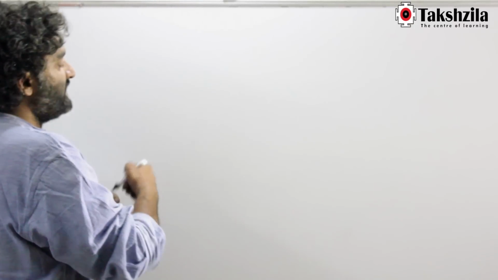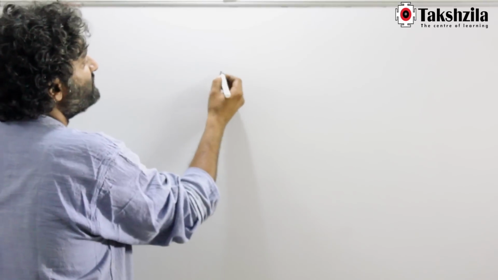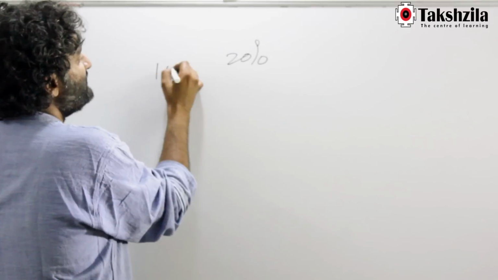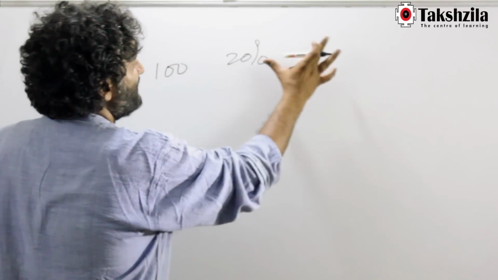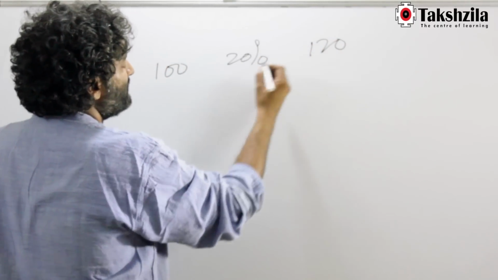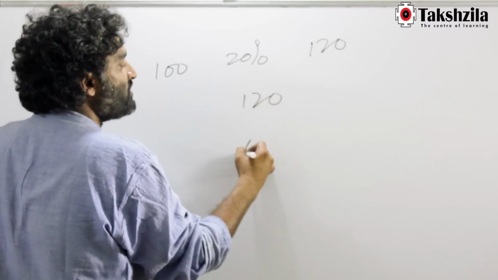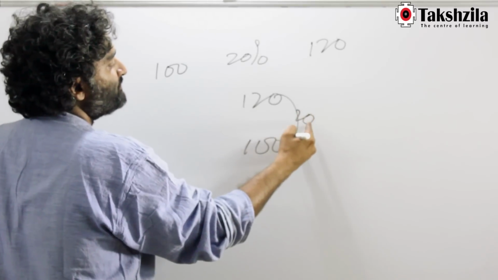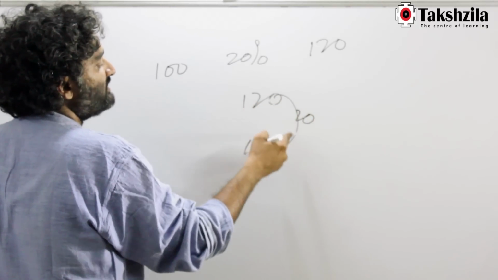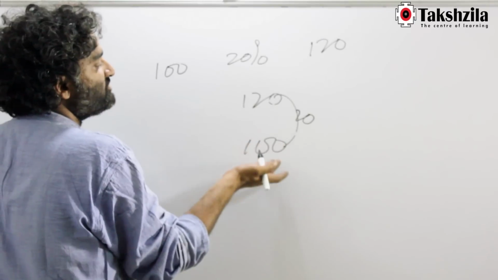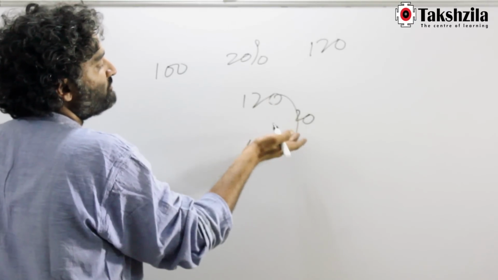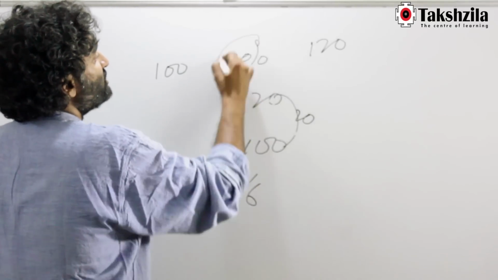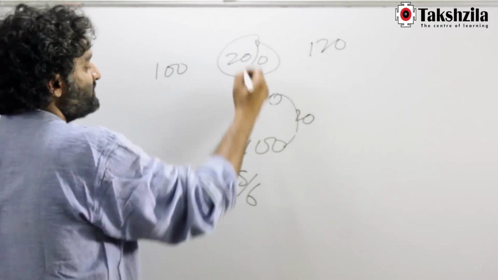Just more data to work with. Let's say in the summers the scale expands by 20%. So basically the scale which is 100 now has become 120, but remember it is 120 but it will show 100 only, right? So there is a discount being offered of how much? Of 20. On a base of how much? 20 by 120, or basically 100 by 120 is your multiplying factor. So 20 by 120 is 1 by 6, so your multiplying factor for discount is going to be 5 by 6. So remember, this 20% expansion becomes a